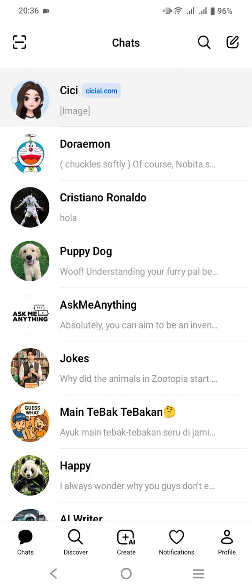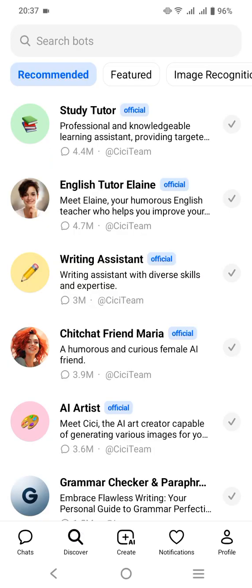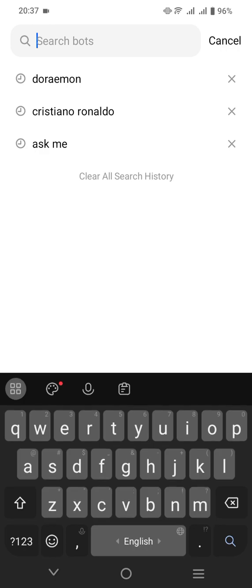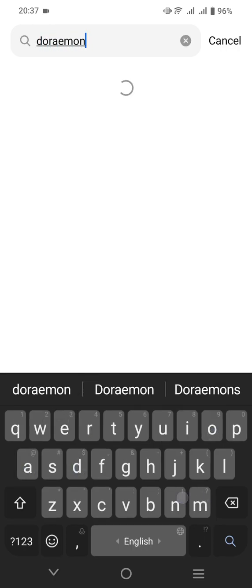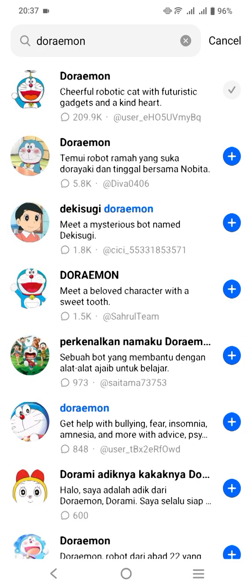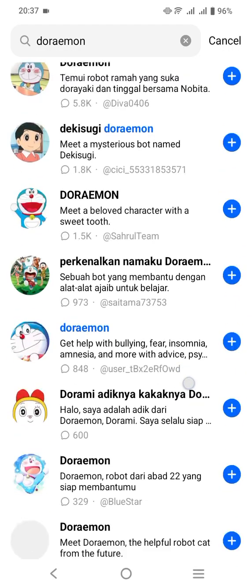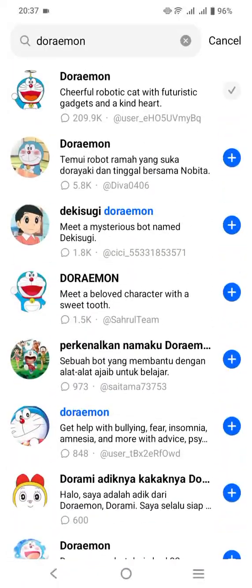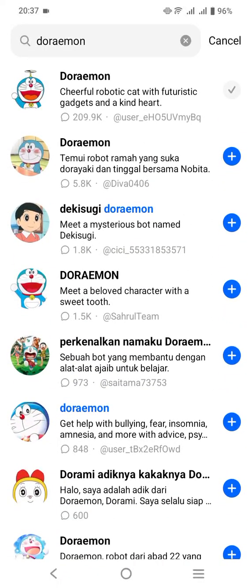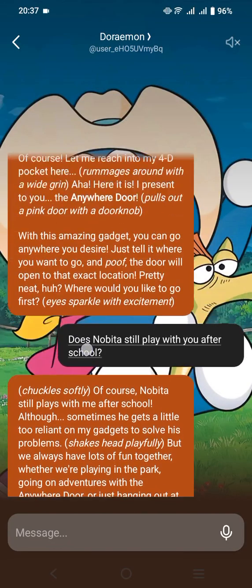this menu. After that, if you don't find any Doraemon or other history here, then you can click Discover and type Doraemon here. You can simply click it, or you can also choose another Doraemon. This Cici contains a lot of chat friends if you would like to have a random conversation with another chatbot. For example, here I have had a conversation with this Doraemon,